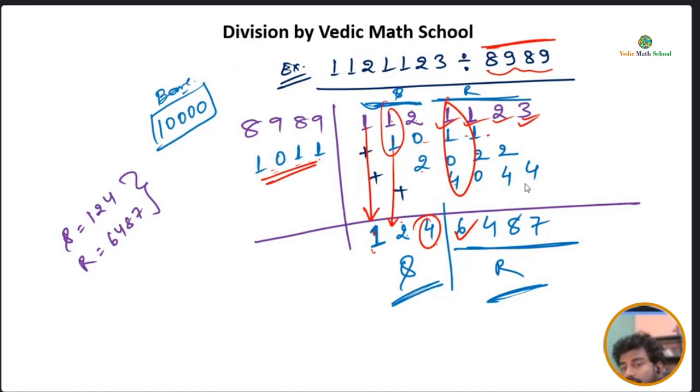देखो ये 4 इसके पास गया ना, तो सबको अब इनिशियली से ऐड किया, ऐड करने के बाद मुझे आया 6487। ये वैल्यू क्या है? डिविजर से छोटा है, this value is less than, this remainder is less than divisor, so this is our final answer, ठीक है। चलिए मिलते हैं अगले क्लास में।